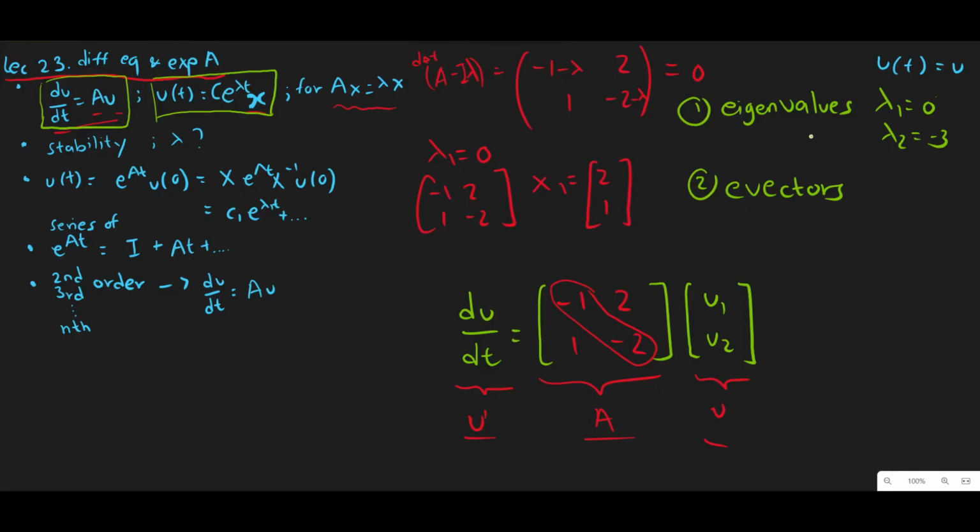So you have x1 is 2 and 1, and then if you do the second one, the -3, then you will have